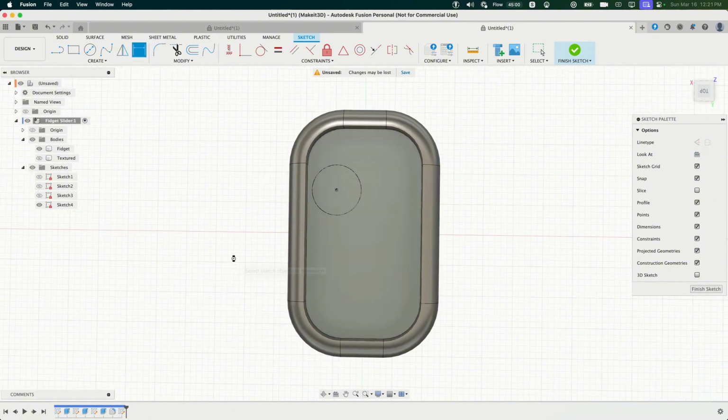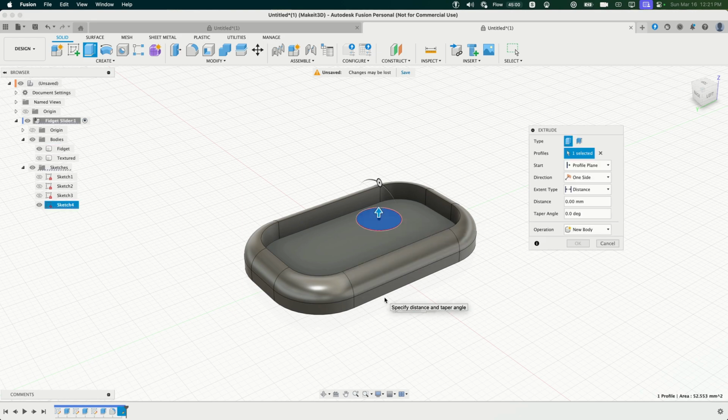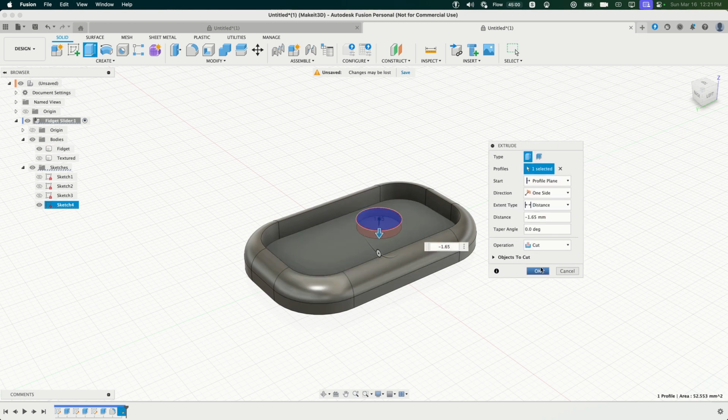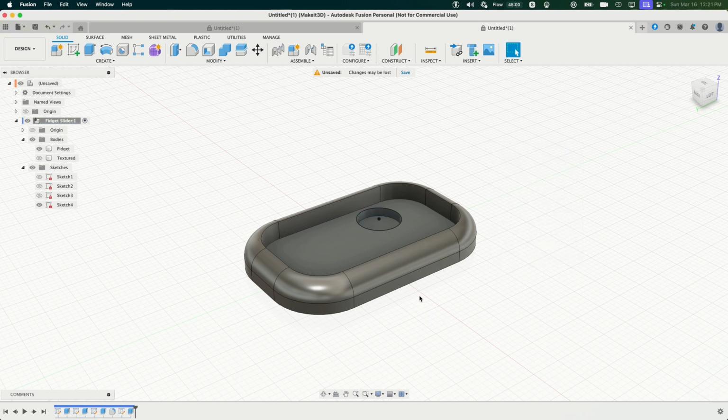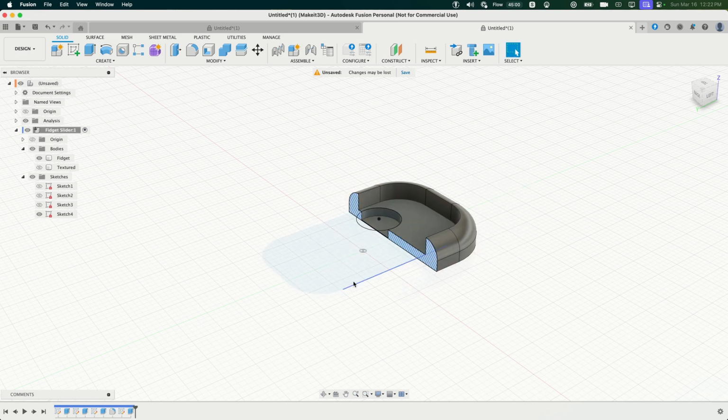Then pressing E on our keyboard, selecting this profile, and since we know the thickness of our magnet is negative 1.65, that's going to cut into our design, making sure the operation is set to cut, and press OK. Now, if I were to use the section analysis tool, pressing S, type in section analysis, then selecting this profile here, and we drag this in, you can see that our design here, if we turn off the sketch,